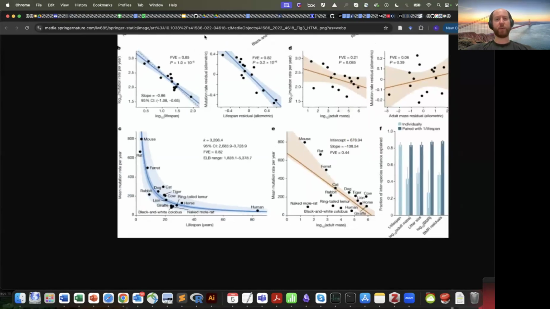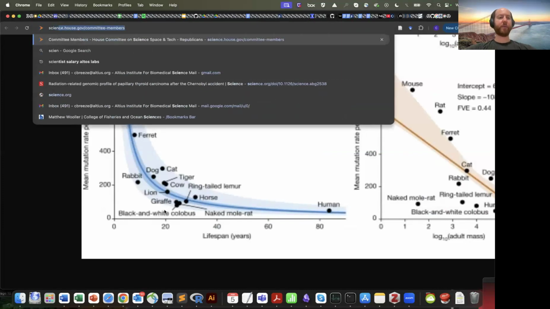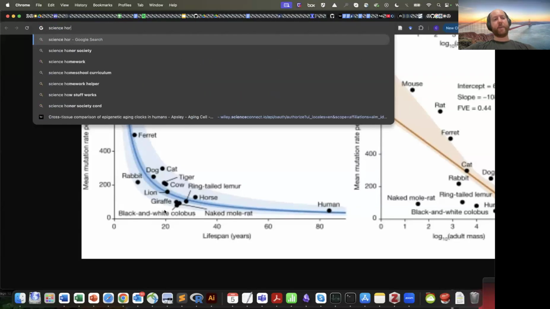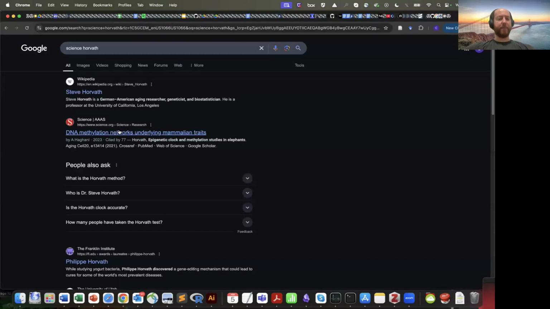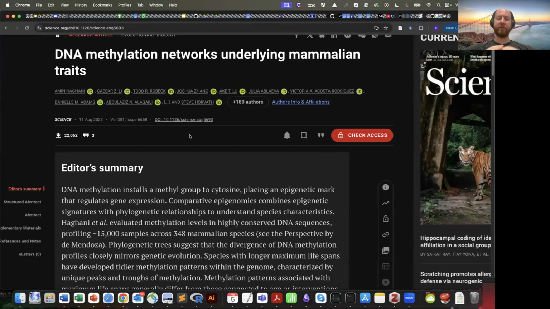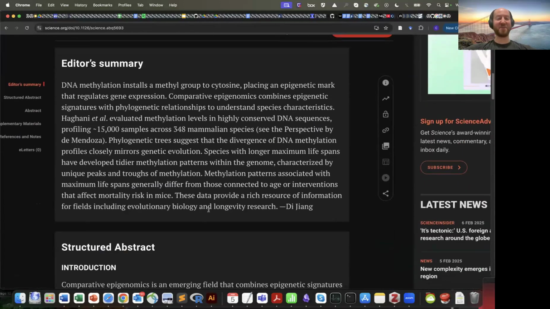However, this is also controlled by epigenetics. You may have heard of the epigenetic clock, which is also a factor in this. So there are a lot of really complex chemical processes related to aging and why certain species age and why certain species don't age. I was personally involved in a paper on essentially the biggest effort to date on understanding epigenetic aging in different mammals. So you will find my name on this list. There's a large number of scientists.